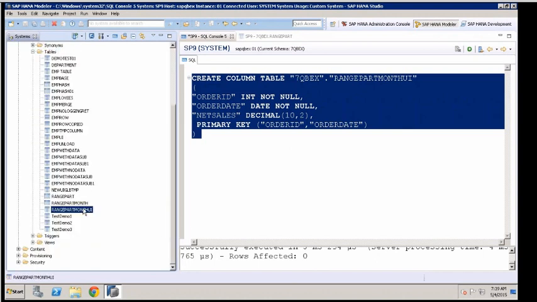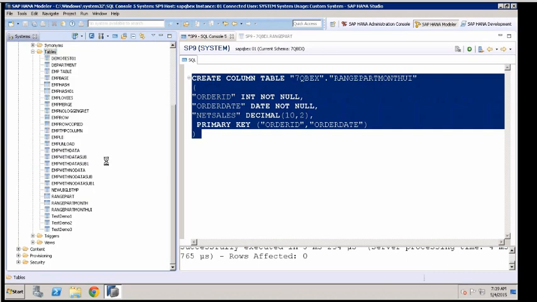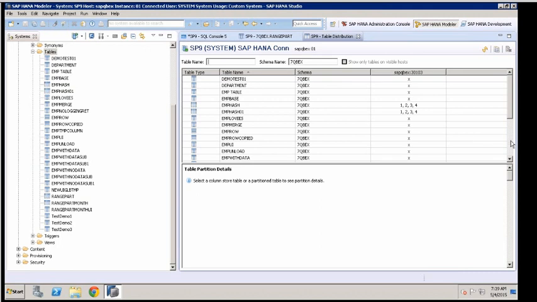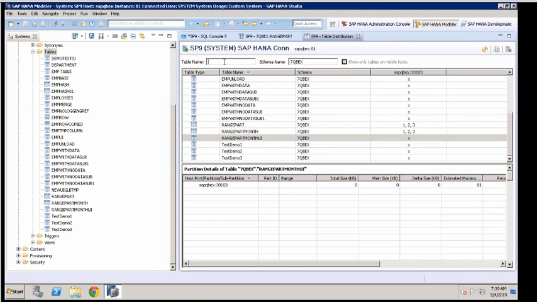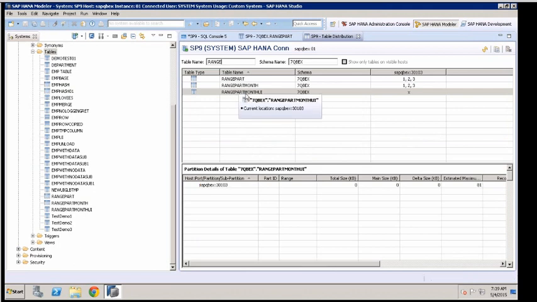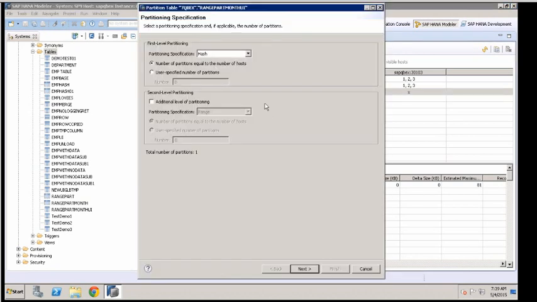Range part UI, I would like to partition this table month wise or something. Right click on the table folder or schema, say show table distribution. If you have a lot of tables, you can do filtering here. I'll say range. It'll show only the tables with the name range. Okay, I can do filter like that and restrict. Right click and say what? Partition table. You want to do partition on what? Range. Okay.